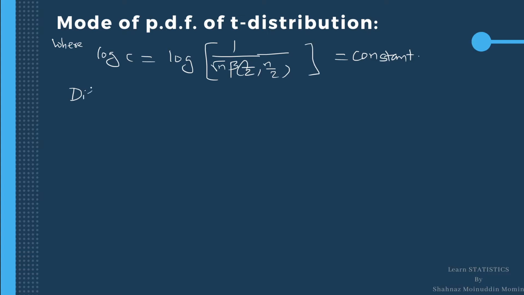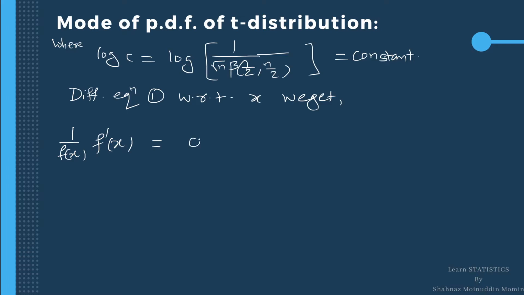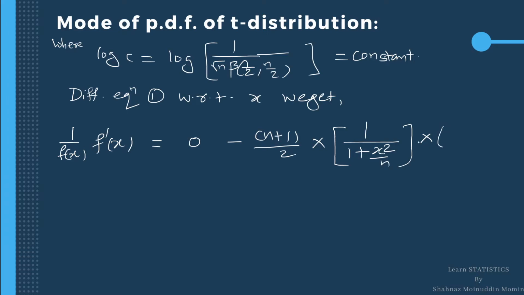Differentiating equation 1 with respect to x, we get: derivative of log fx is 1 upon fx into f dash x, since it is a composite function, is equal to derivative of log c, which is 0 as it is a constant, minus n plus 1 upon 2 into the derivative of log 1 plus x square by n, which is 1 upon 1 plus x square by n into, since 1 plus x square by n is a composite function of x, we multiply its derivative as 0 plus 2x by n,